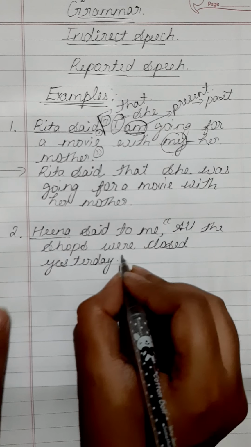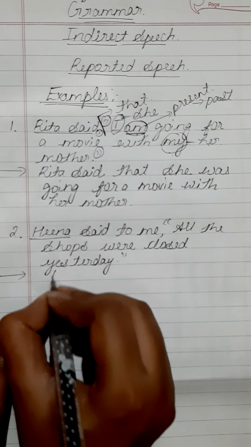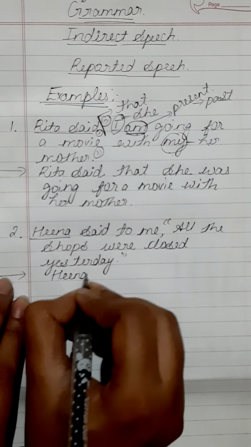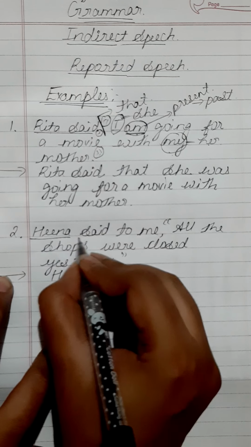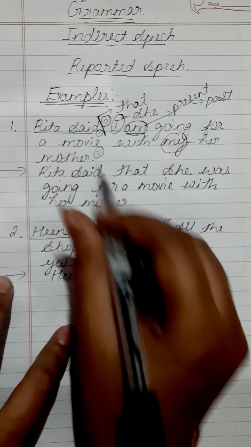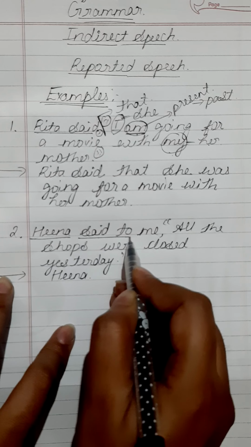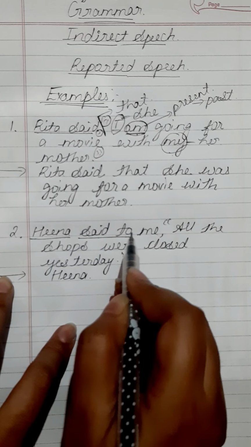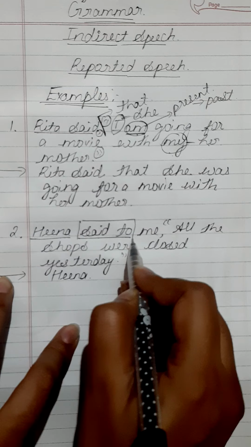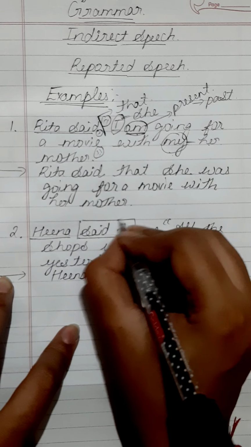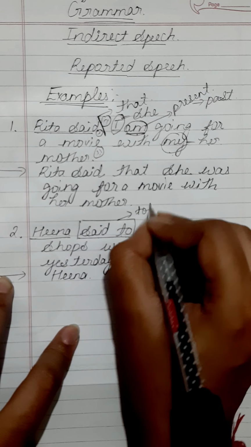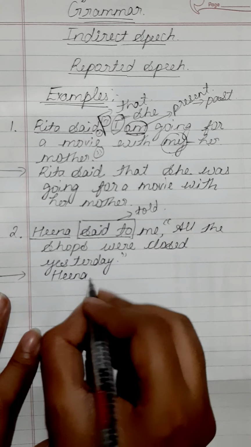Now Hina will remain as it is. The next words are said to. Now look at the previous sentence. Here we had only said, but here we have said to. So whenever in direct speech we have said to, instead of said to, we will write told. So Hina